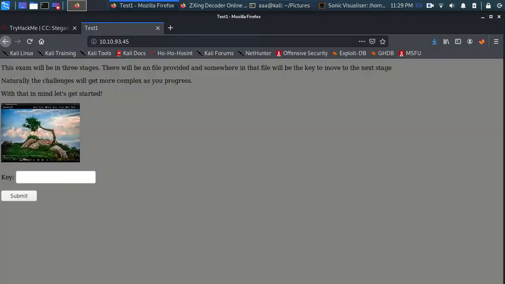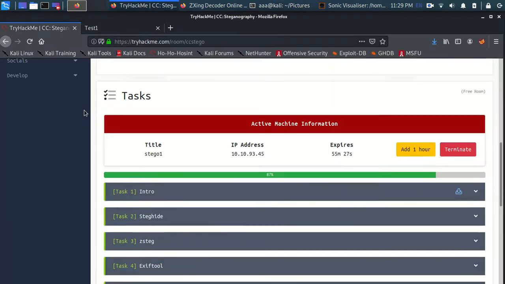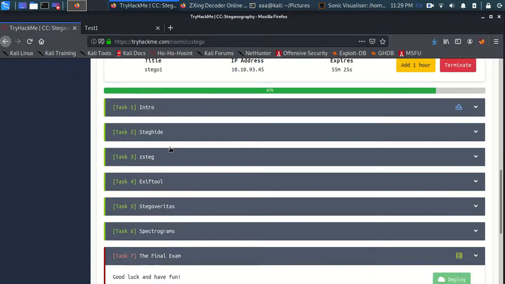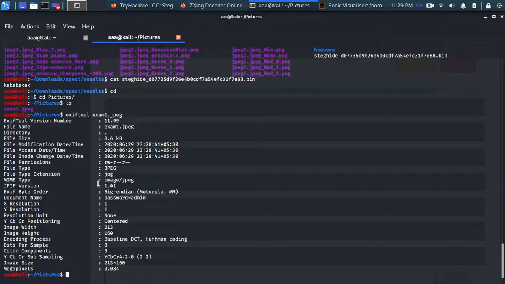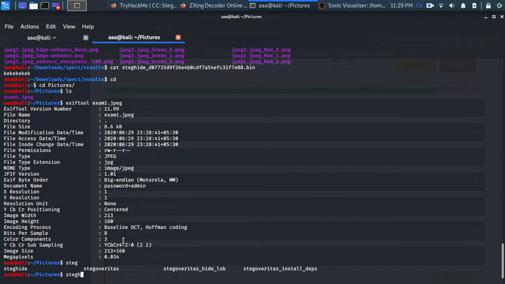Now out of these tools we have done with EXIF tool, let's use steghide maybe. So let's use steghide and the file name. So we need to extract information, so let's use extract, and this is the file name.